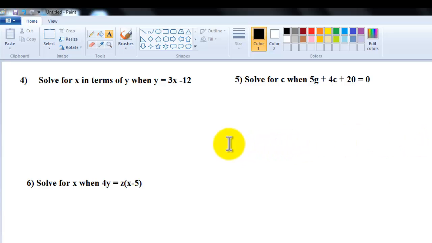All right, these are problems 4, 5, and 6 for week 5 discussion. And in these situations, what you're really doing is rearranging the equations because they're not expecting an answer. Like you're not going to get x equals 2 or c equals 2. What you're having to do is rearrange the equations so that it looks like x equals an equation and c will equal an equation. Here, solve for x